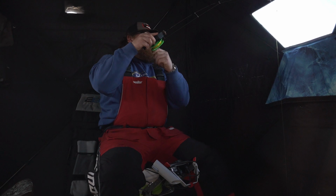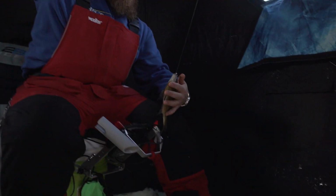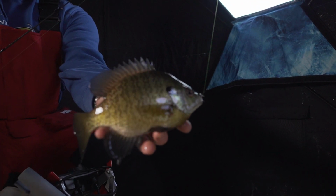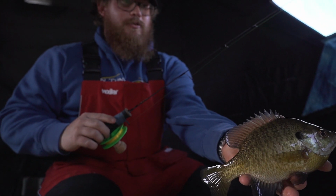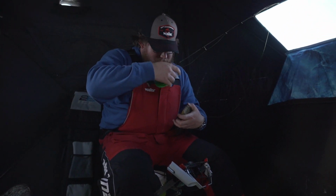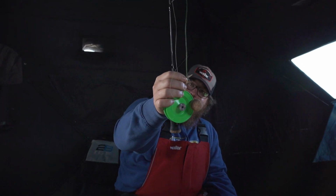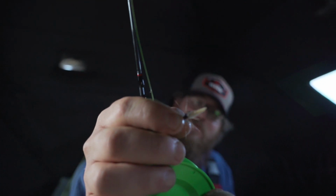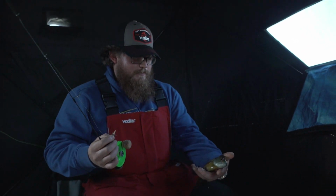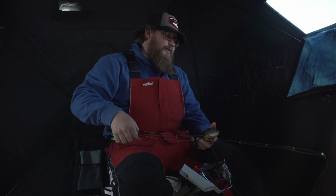There's a good one. That's a better gill. Oh yeah, there's a dandy. That is a beautiful Prior Lake bluegill right there. I downsized jigs. This is almost like a 2.5mm. It's got a little hair on it, but I put one single spike on it right there. One single spike. Now, that fish right there, I wasn't marking him at first, and I just kept rising my